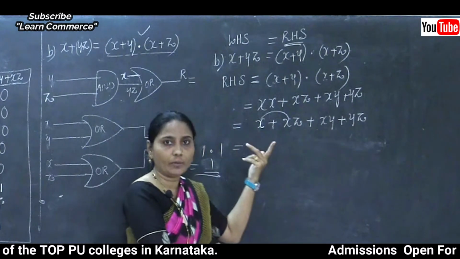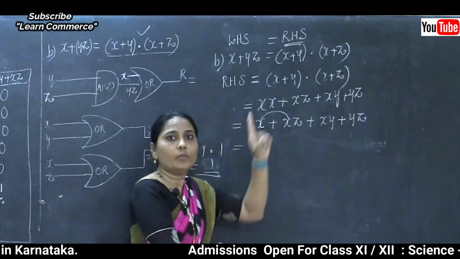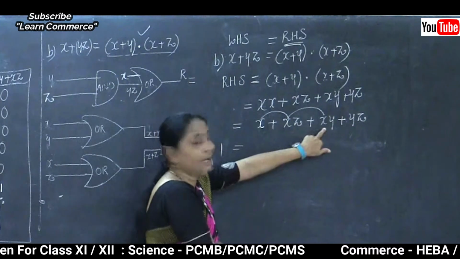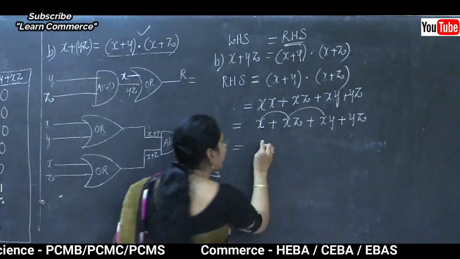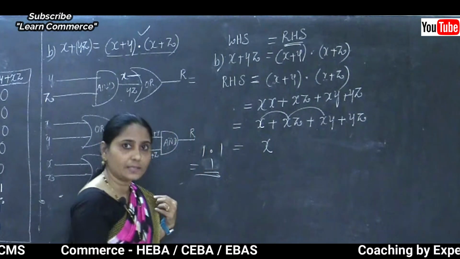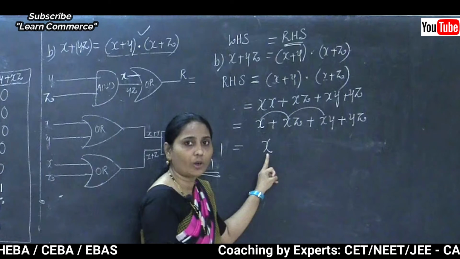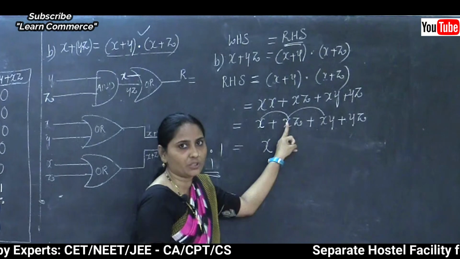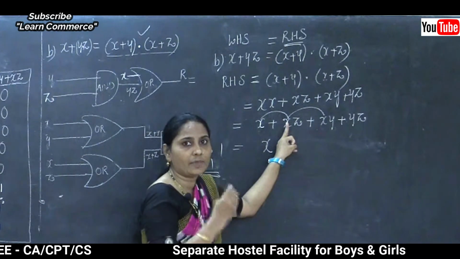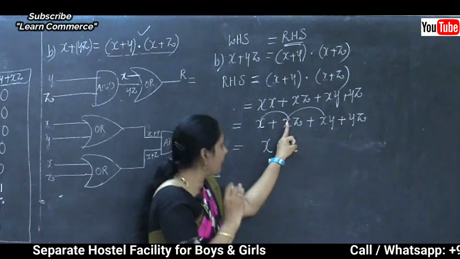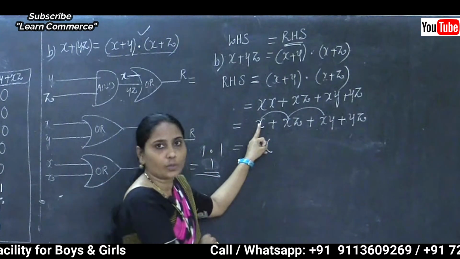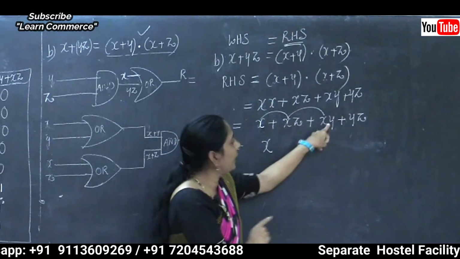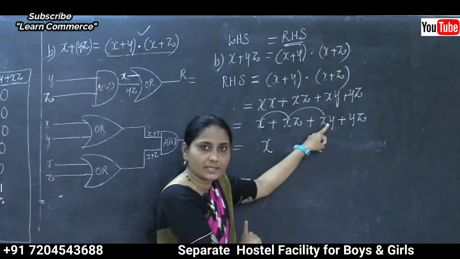Now after completing this column, if you are going to add x plus x, 0 plus 0, the value is 0, correct? No, 1 plus 1, the value is 1. And again we need to make the addition by taking the next x here. So at that time we will get the answer as x. Clear this point here? So just how I completed, how I got the x result here. Maybe the x value is equal to 0, just using one example. By giving x value as 0, I am completing this line here. So 0 plus 0 result is 0. Again we need to add 0, 0 plus 0, the result is 0 only.